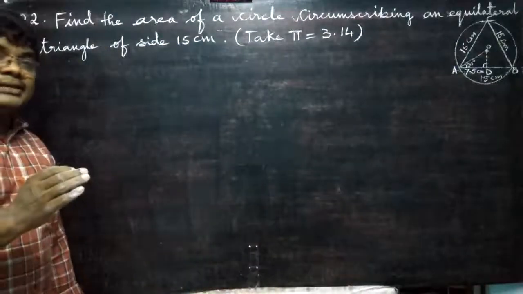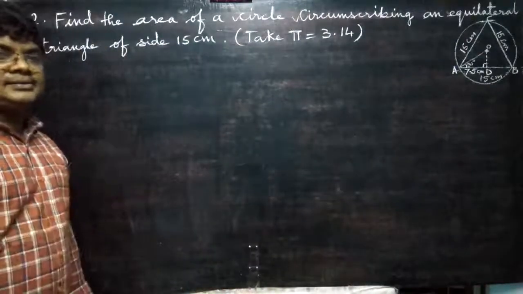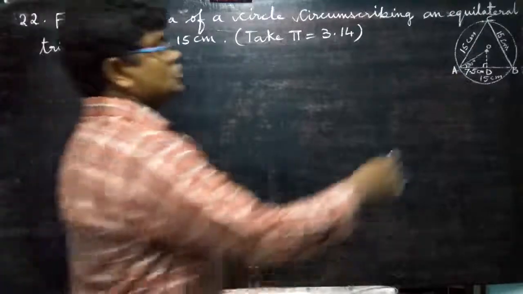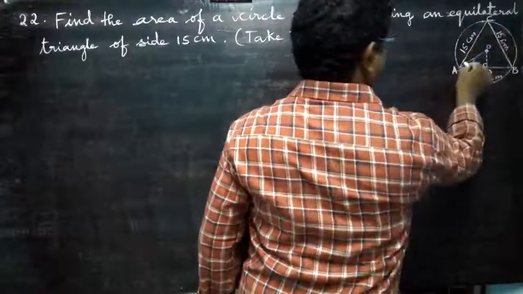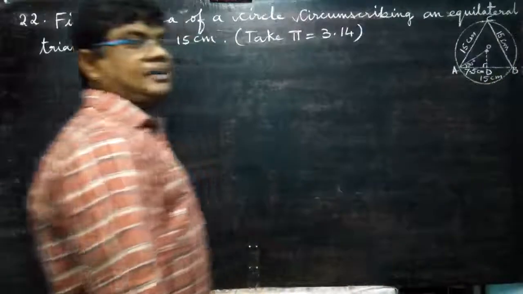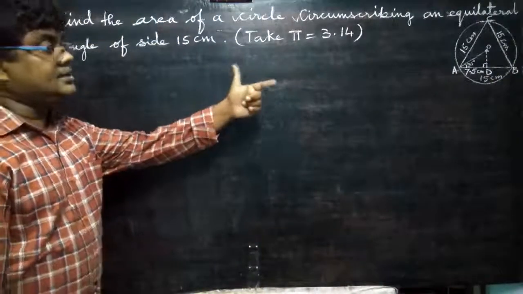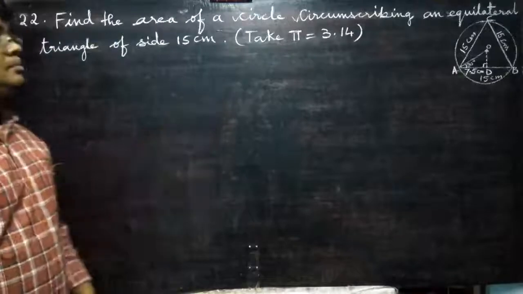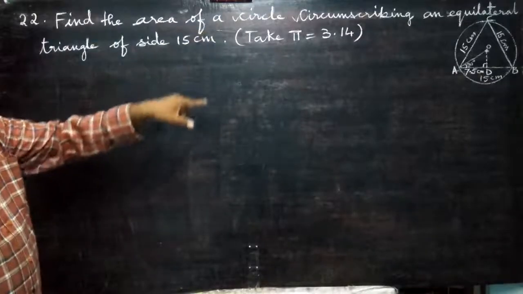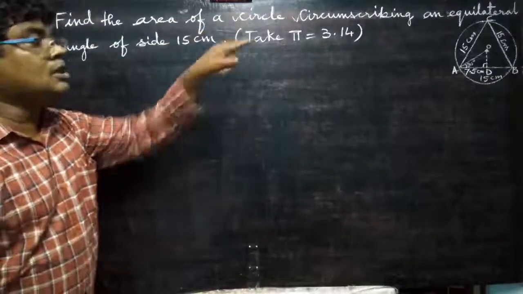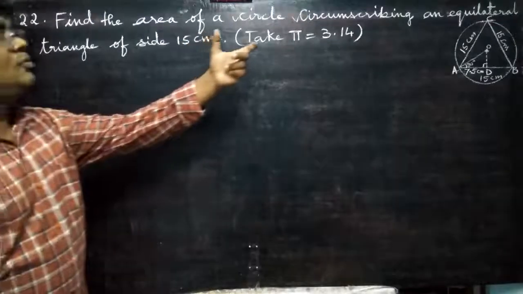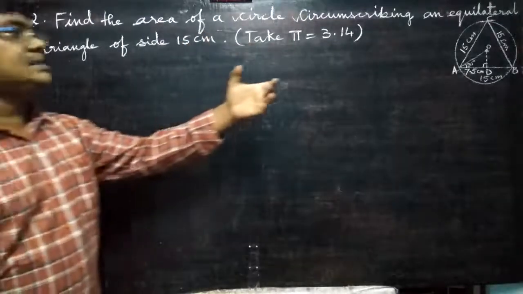The sum of the 3 angles in a triangle is 180 degrees, divided by 3. So, 60 degrees, 60 degrees, 60 degrees. Keep in mind, a lot of explanation is there. You have to keep it in your mind, then you can understand easily. Very simple problem. Circumscribing means all the 3 vertices will be on the circle. That is the meaning of circumscribing. We have done it in the constructions part.